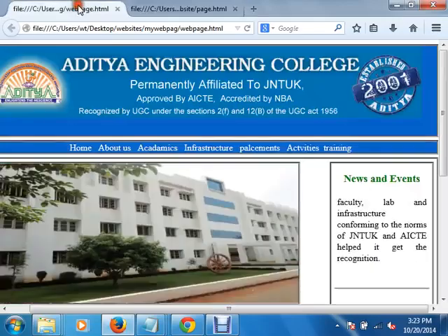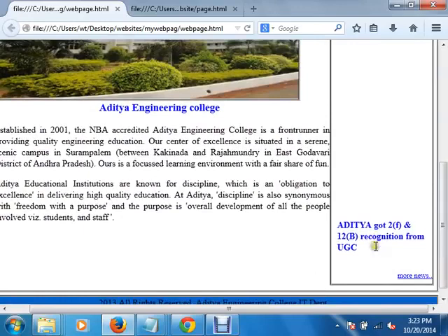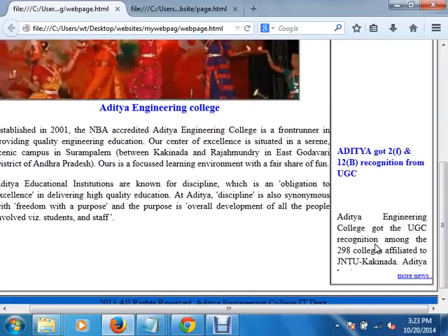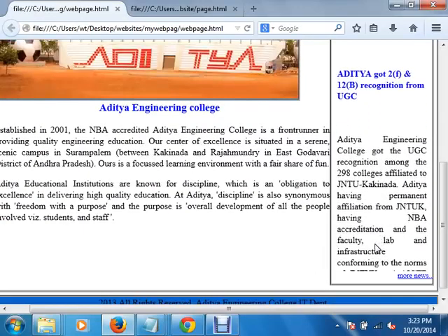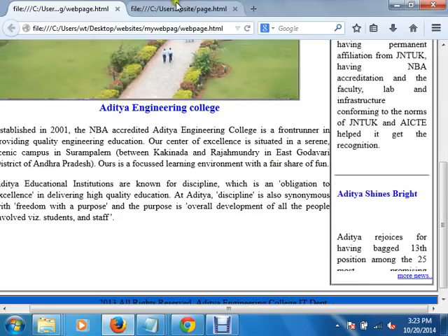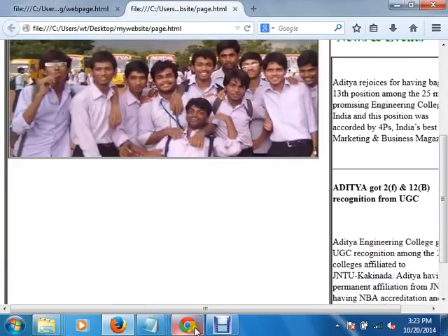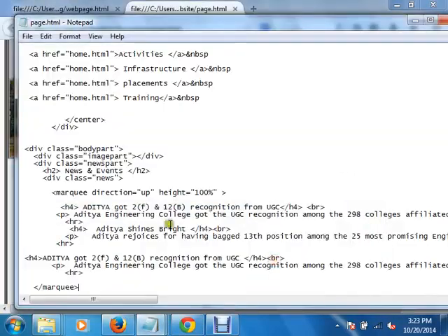But here the header and the content, the header is displaying in blue color and the news which you are scrolling is displaying with black color. Now change this one to blue color. So the Aditya Shine spread, this one we have to change it to blue color. So I am writing that one inside H4 and the news inside P. Now put the style blue for the H4 tag.